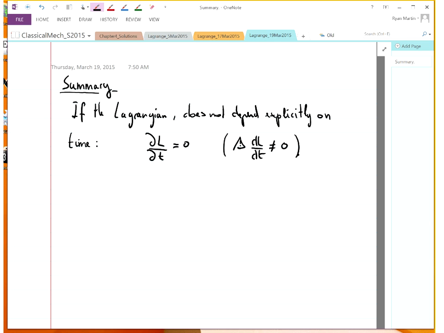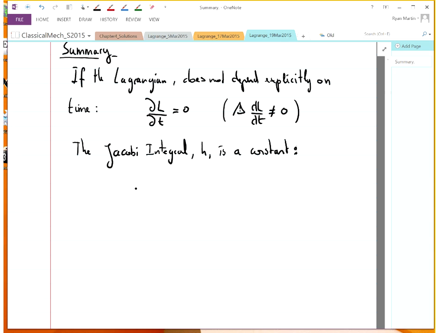So if the Lagrangian does not depend explicitly on time, the Jacobi integral h, lowercase h, is a constant. So lowercase h, the Jacobi integral, is defined to be,